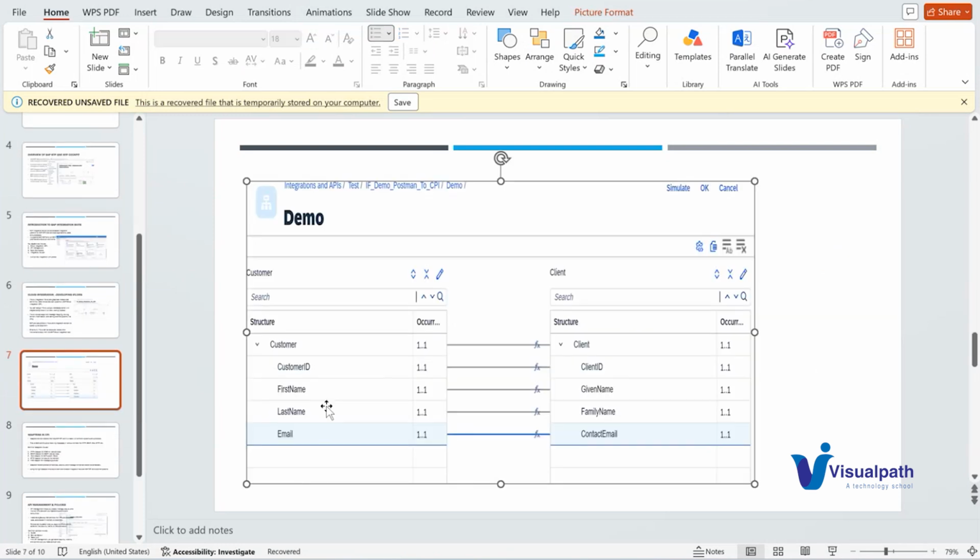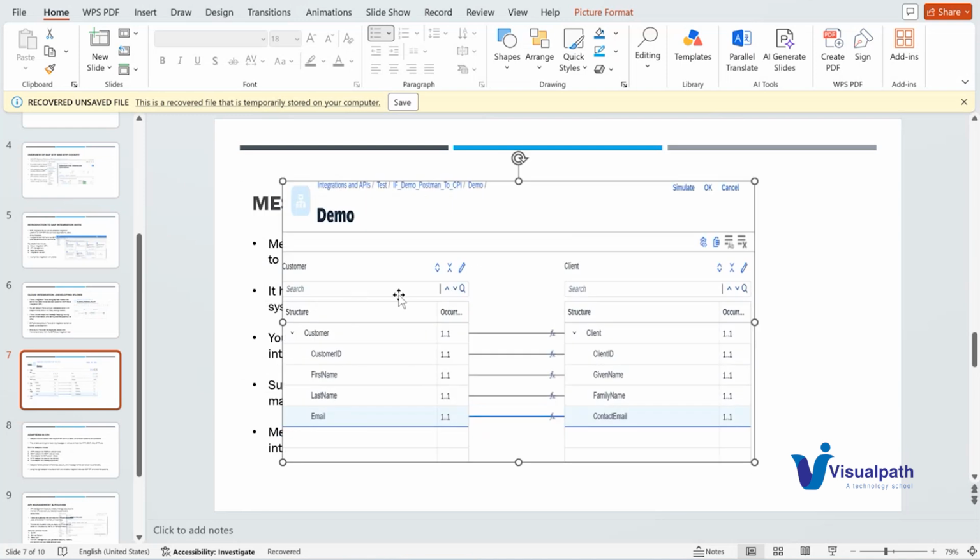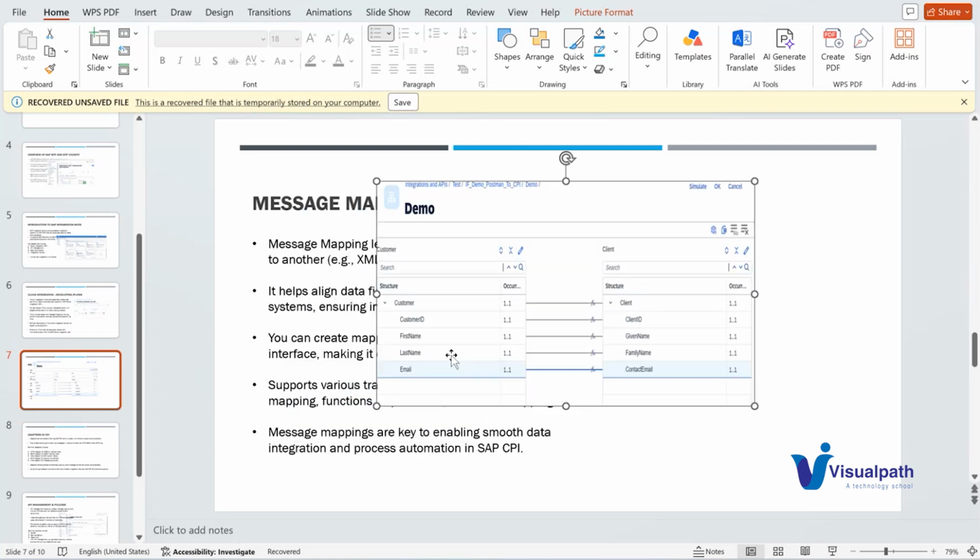Maintain the data in a different way. So they don't understand, the target system won't understand. So we are transforming it and sending that message to the target. So how do we know this target structure and this source structure? The source system will send that source schema. The target system team will give the target schema to us so that we can configure it. This is the best example of how we are transforming. This is the one-to-one mapping. Okay. In the message mapping, there are a lot of complex